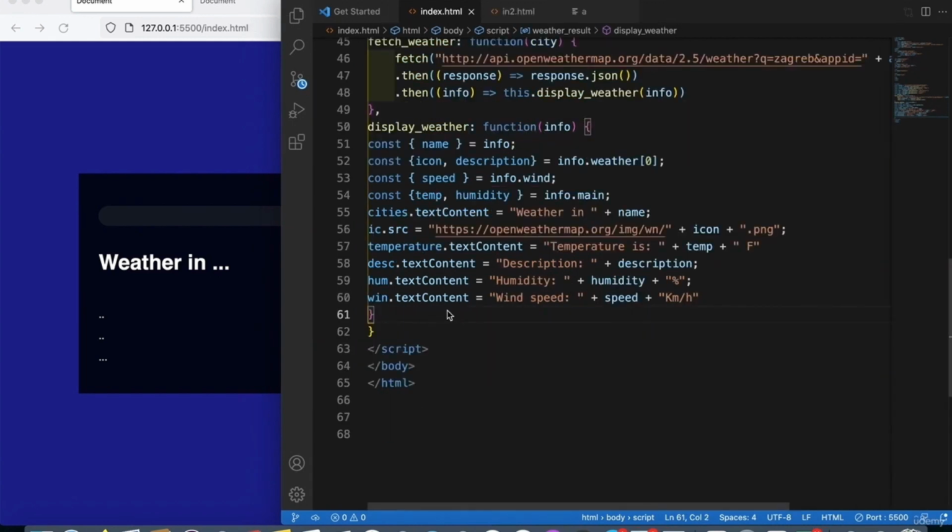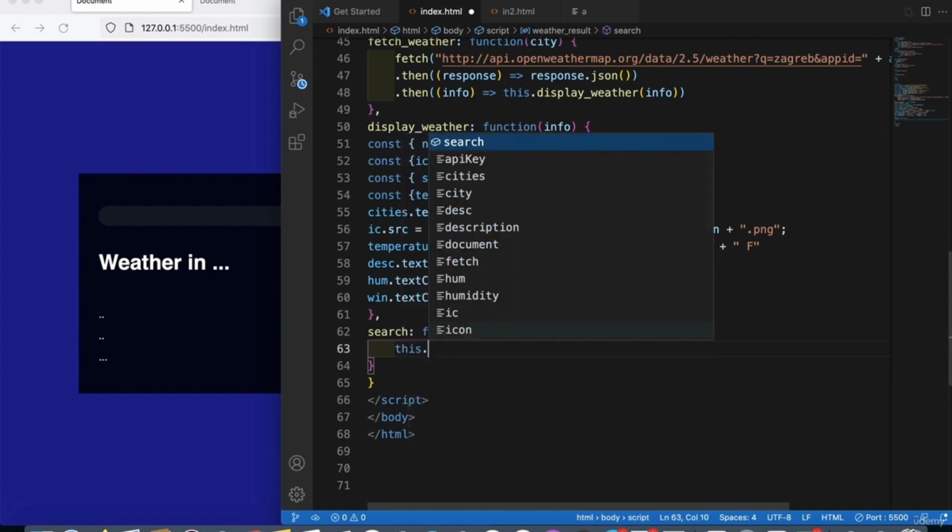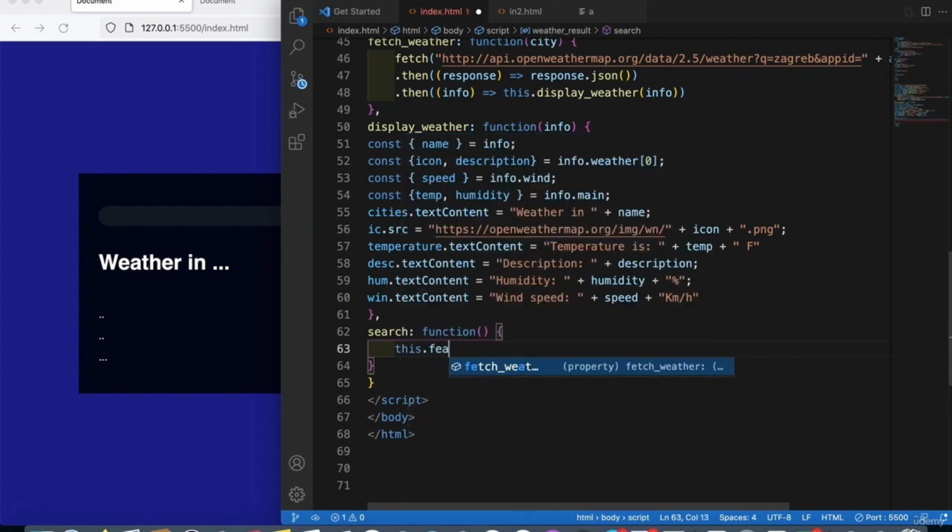So now this is the last video for this project. Now let's make a search and make it to a function. Actually, this is search. So here, this will be checking the value of the input. So this, which means for the value, this fetch weather